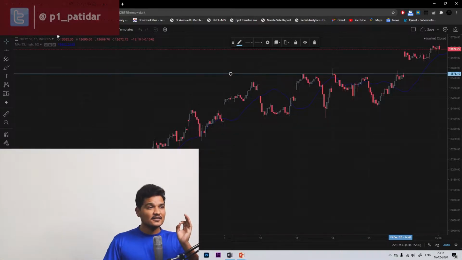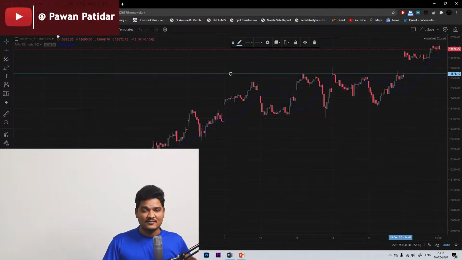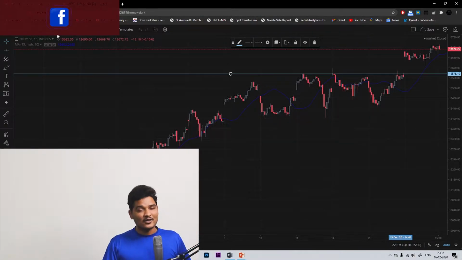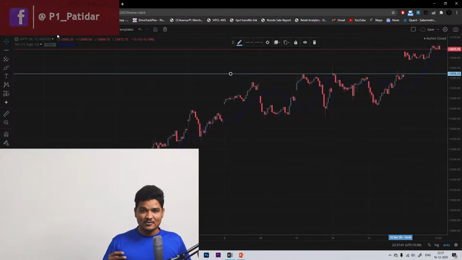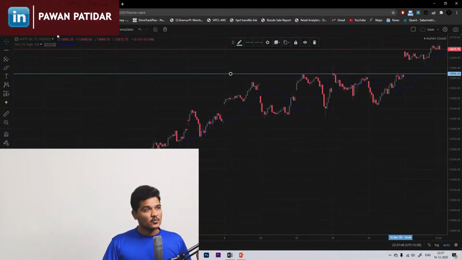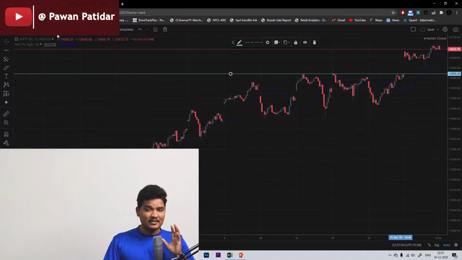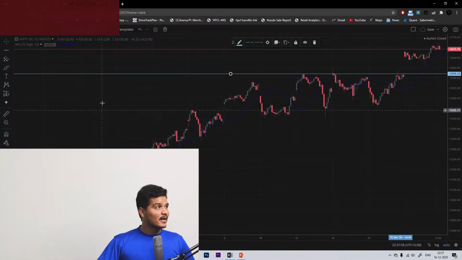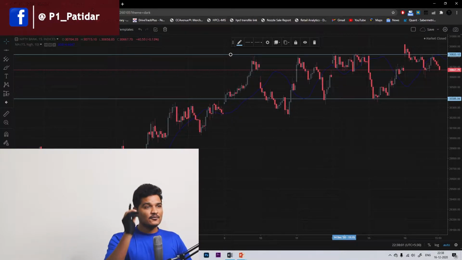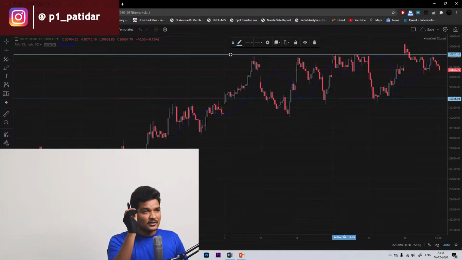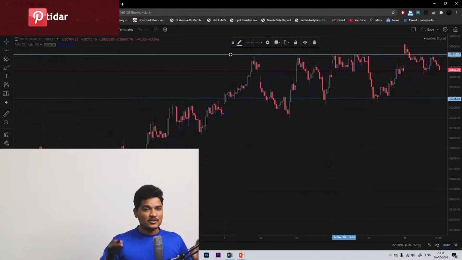But first, let's analyze Nifty and Bank Nifty. If you see Nifty, then support is at 13,576. Where is resistance? Well, you cannot find the resistance by looking at the chart alone because there is no point where you can draw a line where Nifty has touched multiple times. So where can we take the resistance? As I told you earlier, you can take the resistance 300 to 400 points above your support. That will be your resistance for now. Now let's move to Bank Nifty and see the support and resistance. Here, the support is at 30,385 and resistance is at 30,820. So this is the support and resistance for Bank Nifty.